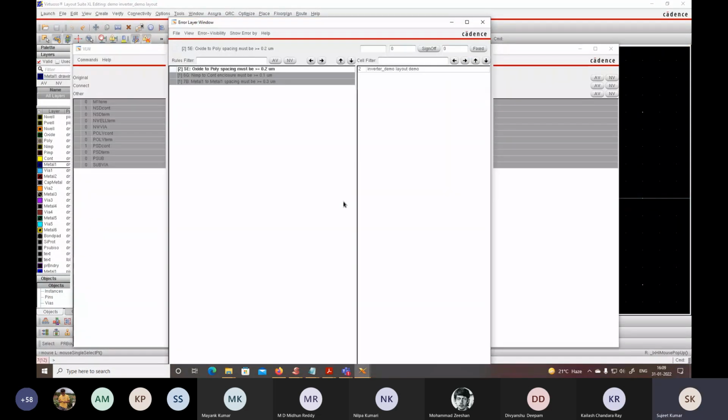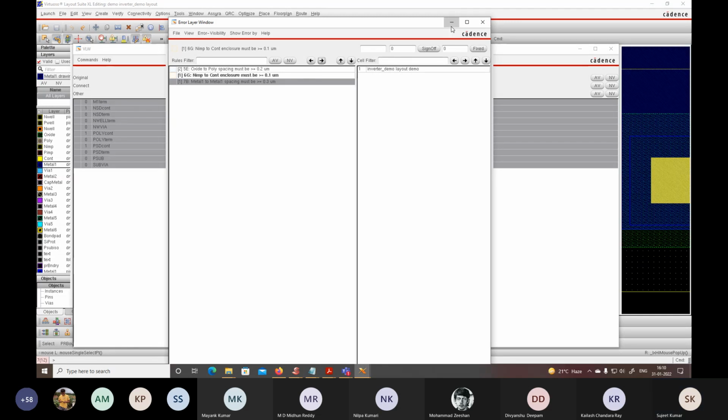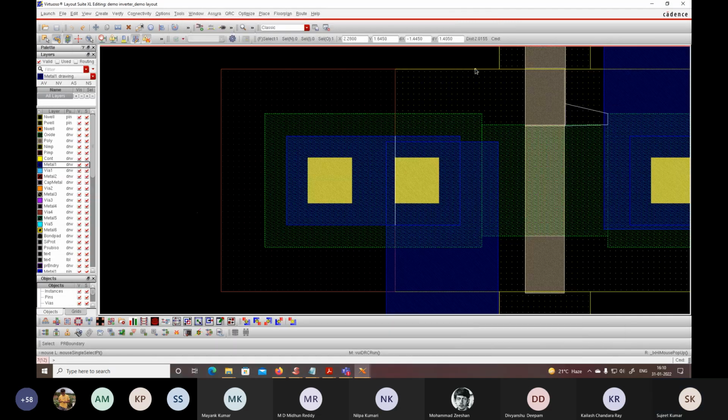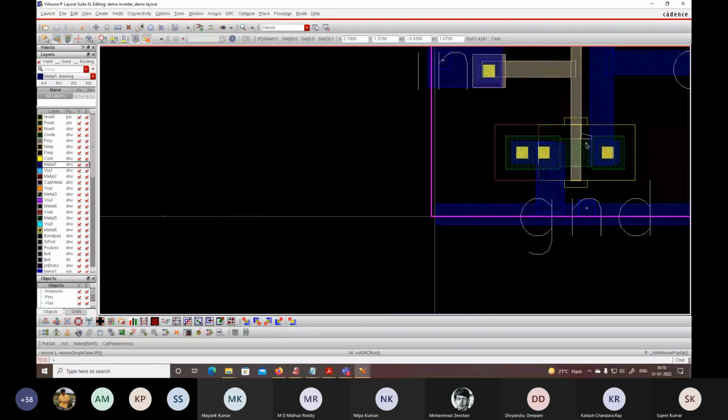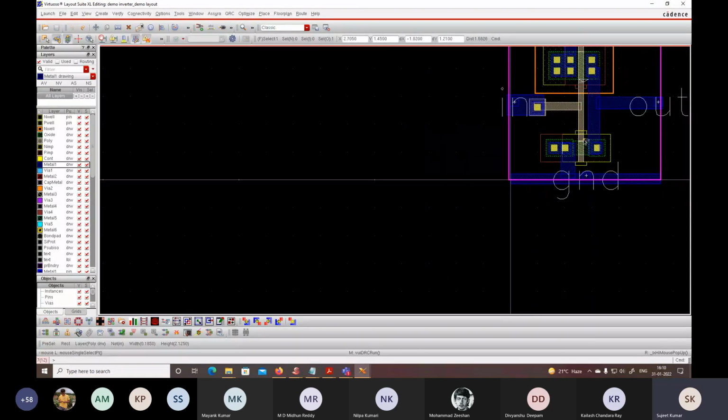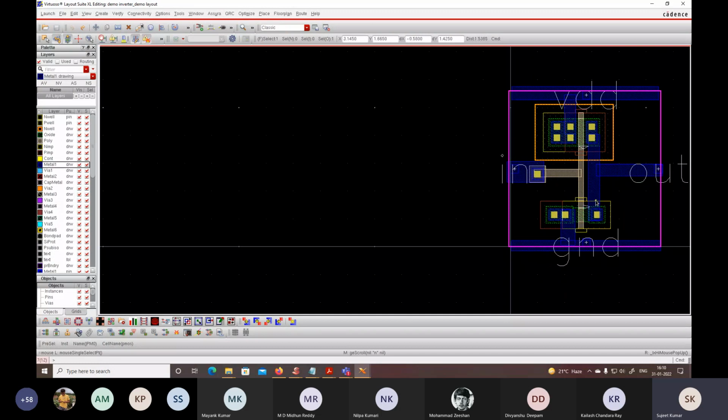So the DRC has been done and we are getting three errors. Okay. The first error is oxide spacing. These two errors are about oxide to poly spacing, which must not be less than 0.2 micrometer. So we are going to check this here. So this is the violation. So the rule is